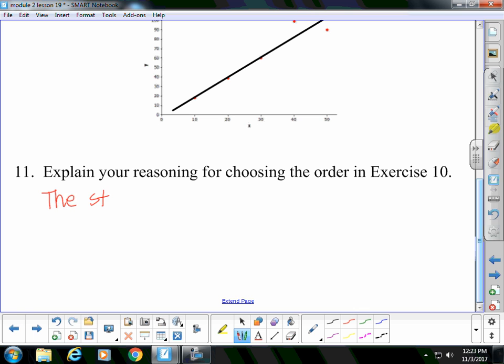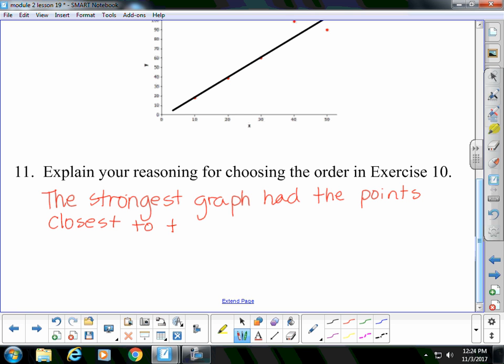The strongest graph had the points closest to the line and the weakest graph had the points